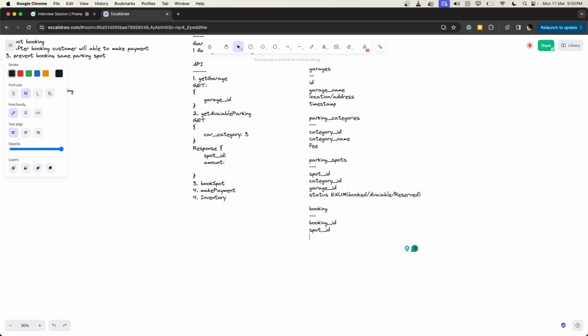For booking we can also have car number, vehicle number we can add. So car number, and